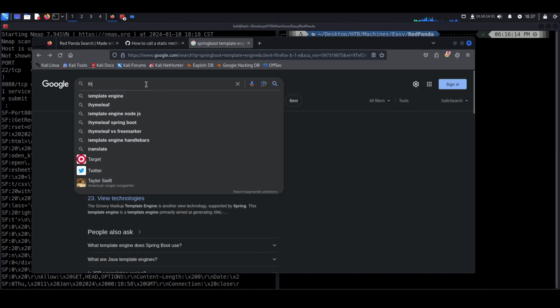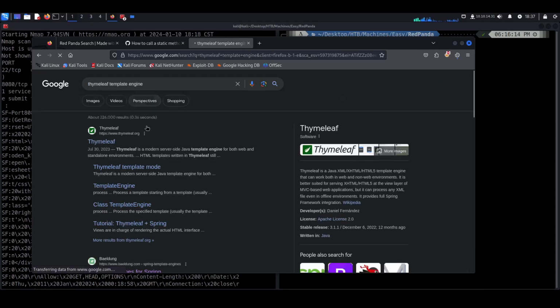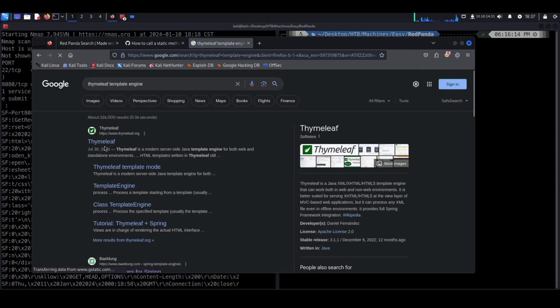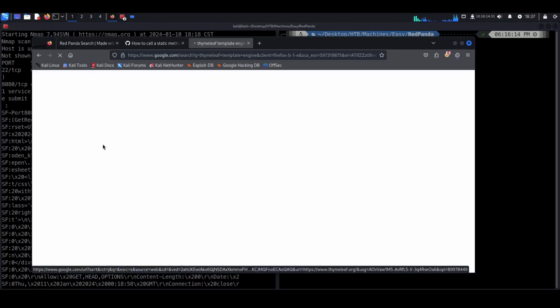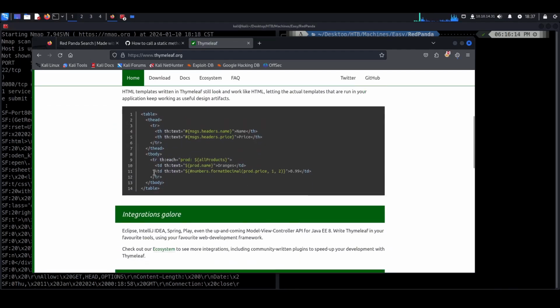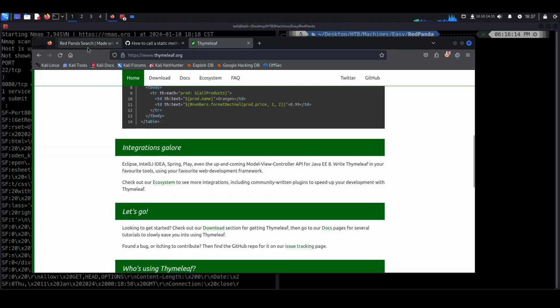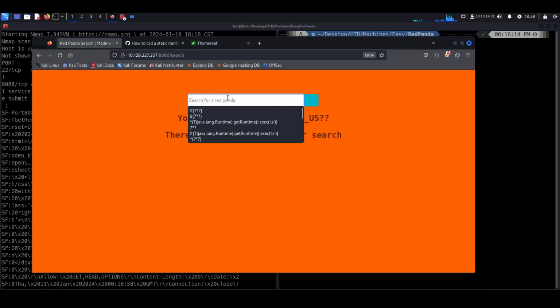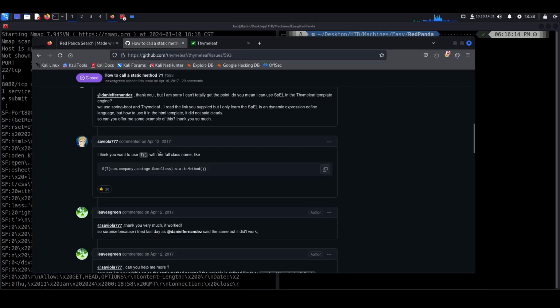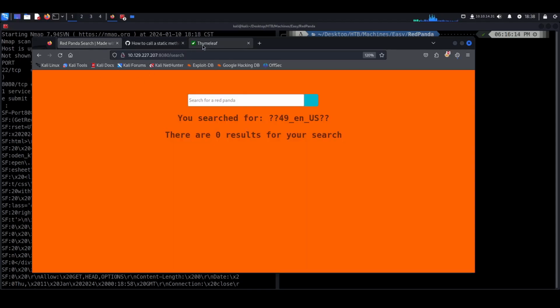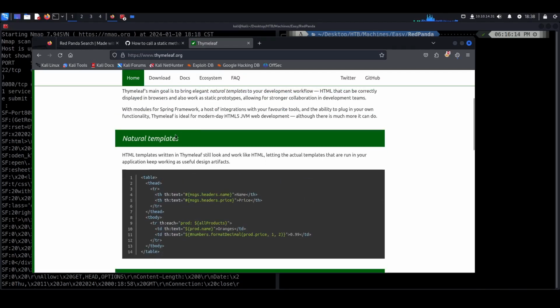And, you know, Thymeleaf is just the engine being used, and we can read through the documentation. It's commonly used in Spring Boot, etc., etc. And if we want to develop an exploit for this, you know, just performing mathematical operations is cool and all, but we want something tangible that we can actually use. So one thing that I tend to look up for these is how to invoke like a static method. We know that Spring Boot and Thymeleaf are built off of Java. So